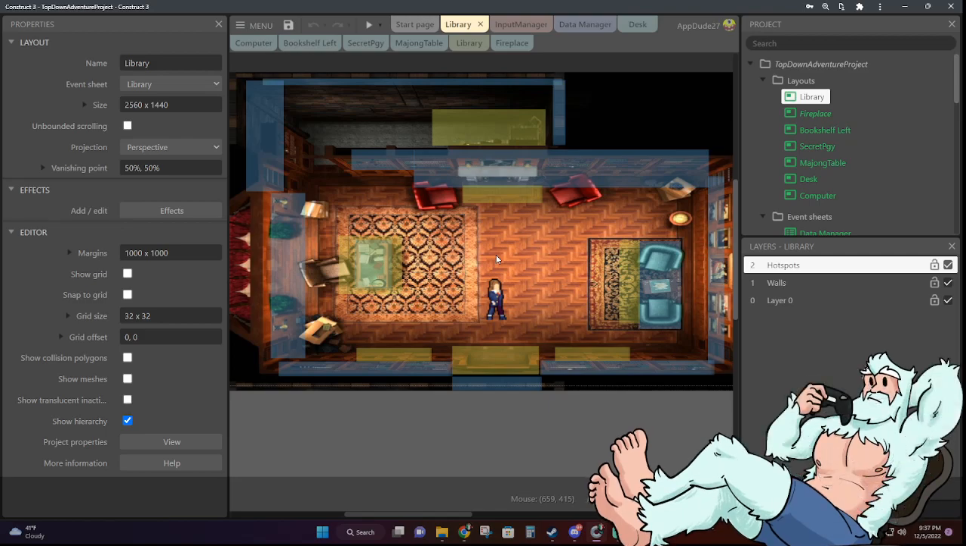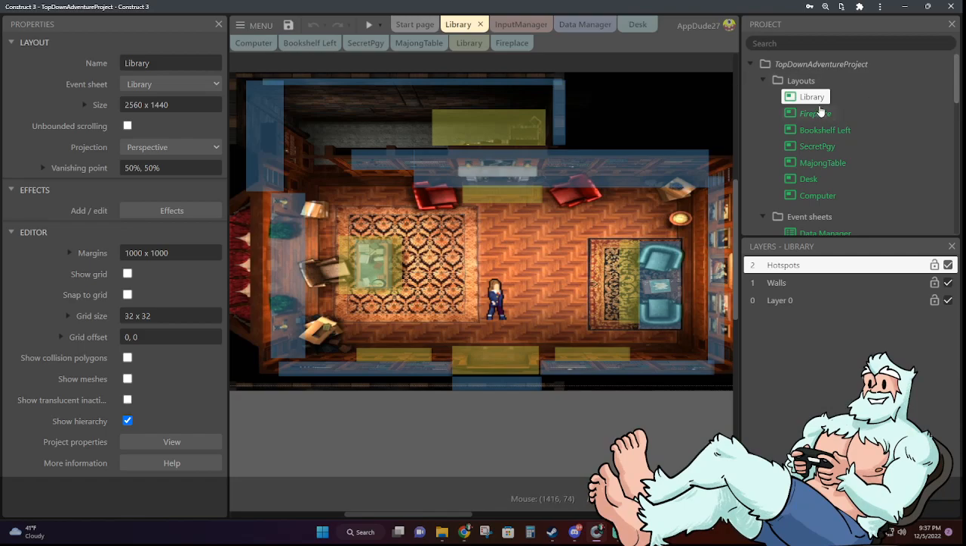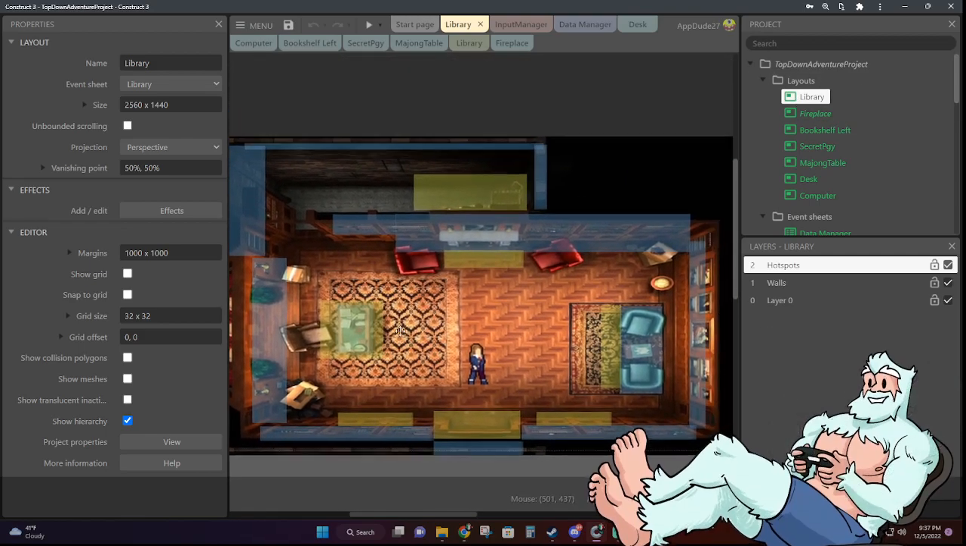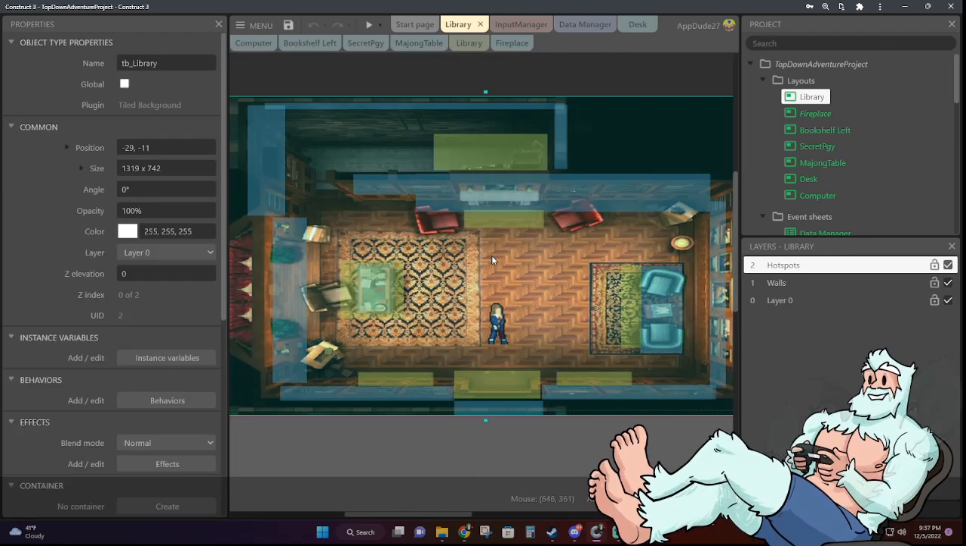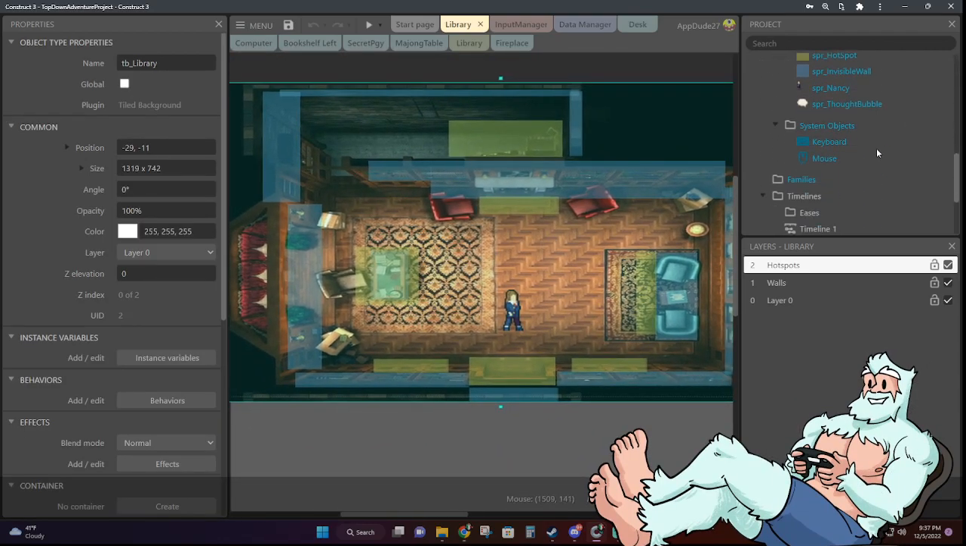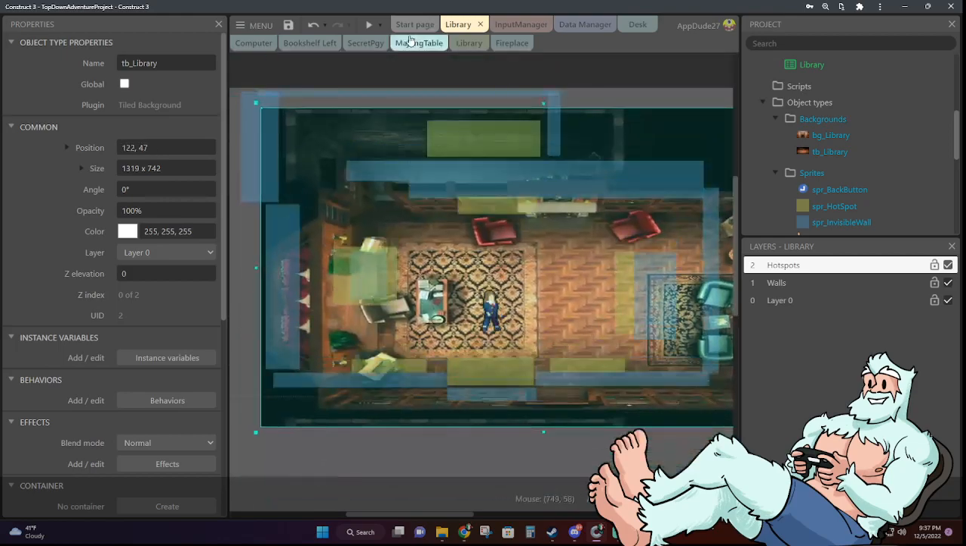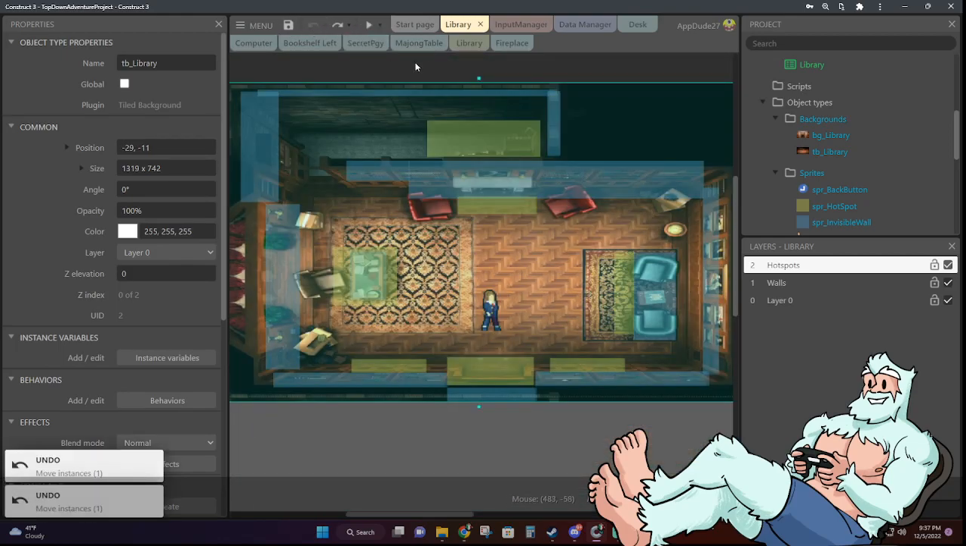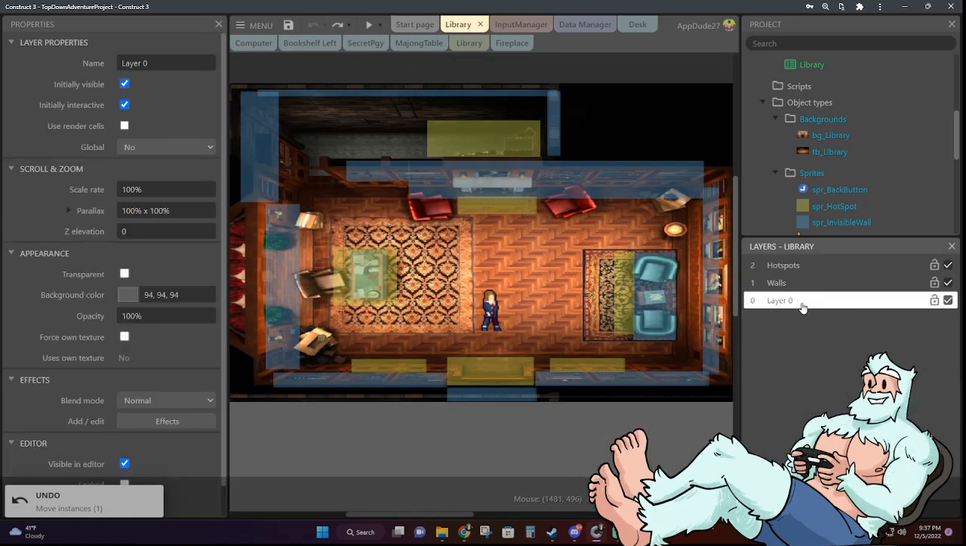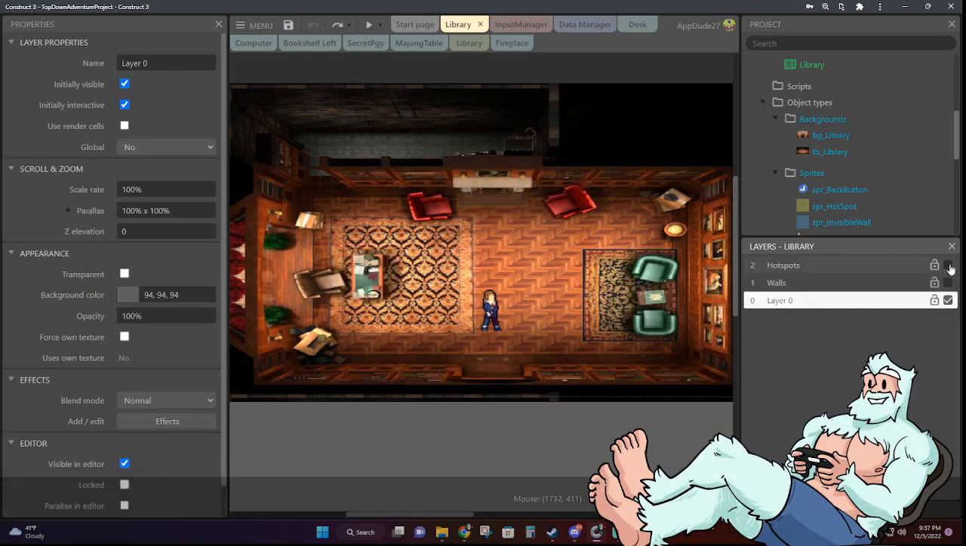As you can see here, we have a layout called the library, and this is basically the entire room. You have this background sprite, which is basically the office, and I can move it around. I'm going to go ahead and undo what I just did there. That is located on layer 0, so I'm going to hide these layers. The office is located on the bottommost layer. If you think of layers like a cake,